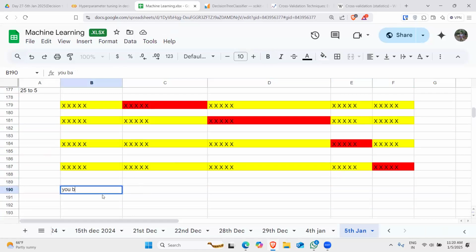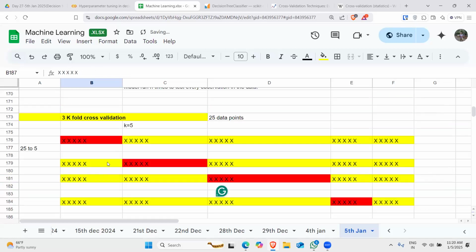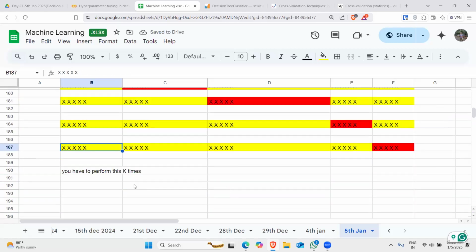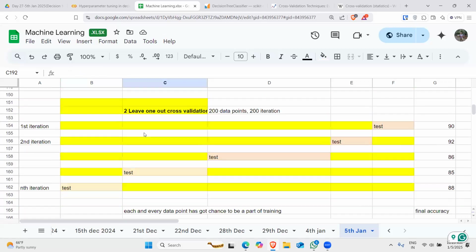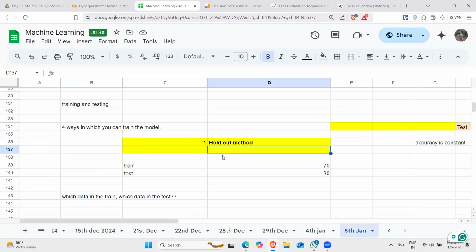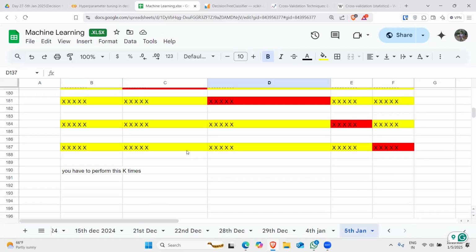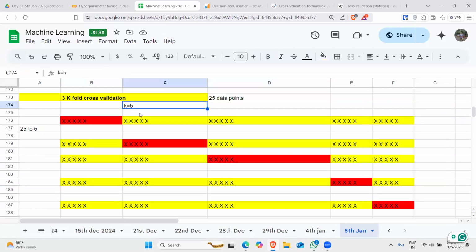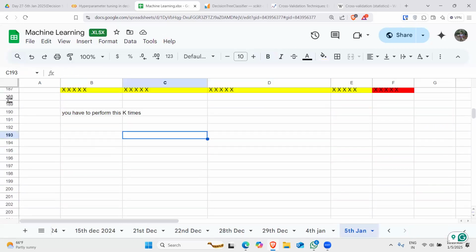but still you have to perform this n times, right? Yes or no? Or k times, to be more precise. K times, right? So there is still a problem of being computationally expensive compared to the normal method, that is the hold out method, because the hold out method only requires one iteration. Here it requires k iterations depending upon the subset that you have chosen. Yes or no? So that is the disadvantage, but there will be low variance and intermediate bias,